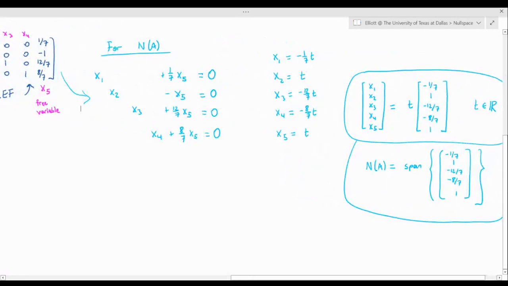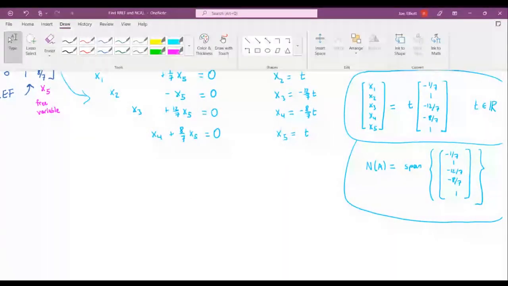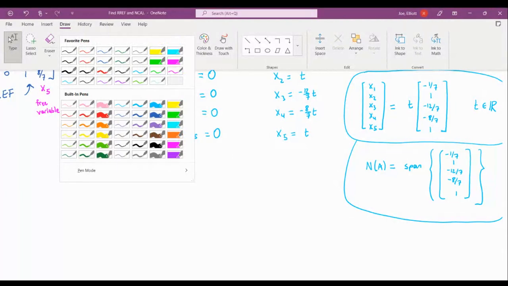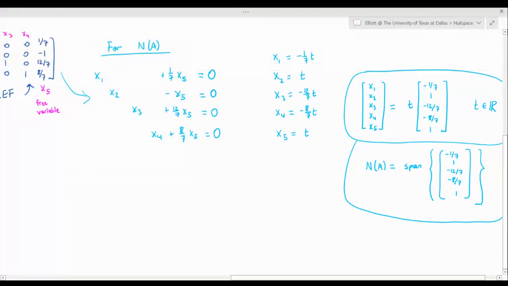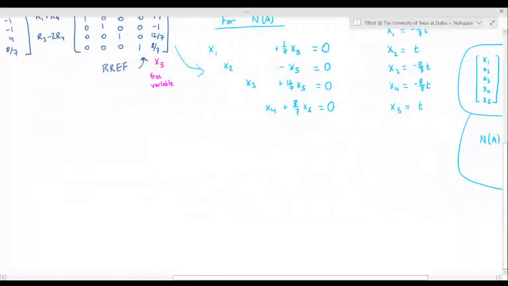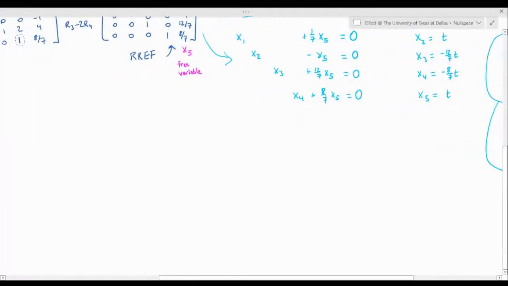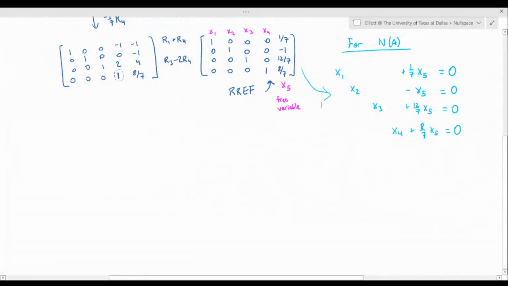So I'm a little bit over time. I'll go and do one more thing real quick, just to give you guys a little bit more practice on null space and reduced row echelon form. I kind of wanted to address that question there, if you will. So let's say, as a hypothetical,